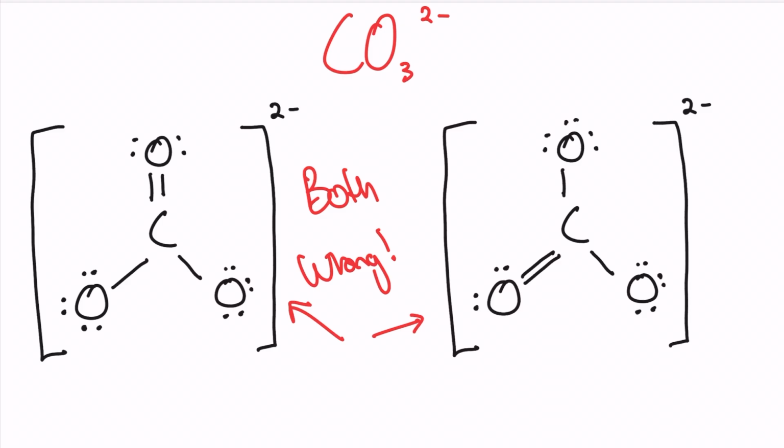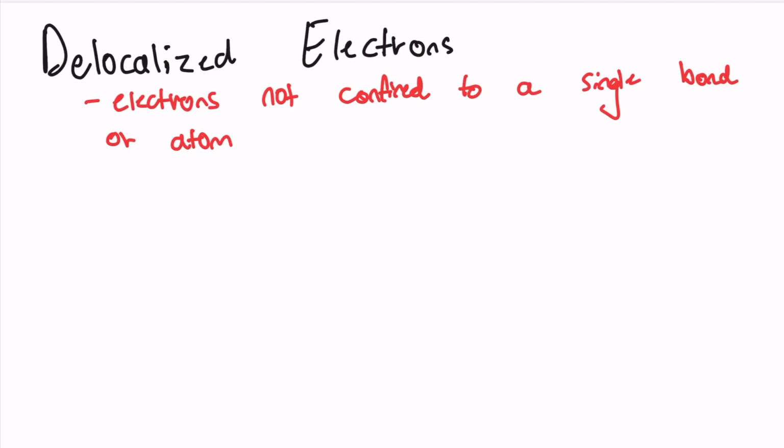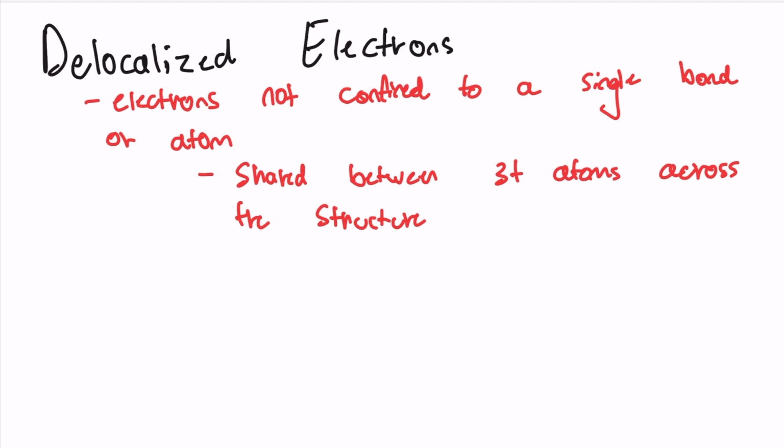But what really is going on with the molecule? Some of the electrons are delocalized. This means that they are not confined to a single bond or atom. Instead, they are spread out or shared across 3 or more atoms throughout the whole structure. They belong to the molecule as a whole. We wouldn't just be able to point out a specific bond and say, the electrons are in this location, because